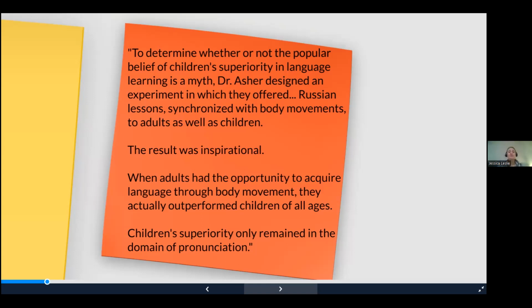The result was inspirational. When adults had the opportunity to acquire language through body movement, they actually outperformed children of all ages. Children's superiority only remained in the domain of pronunciation. So that's encouraging, at least for your adult learners: when you combine movement with learning, they learn better,